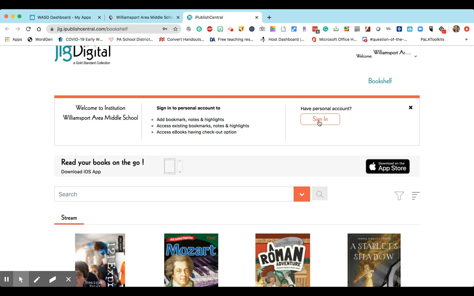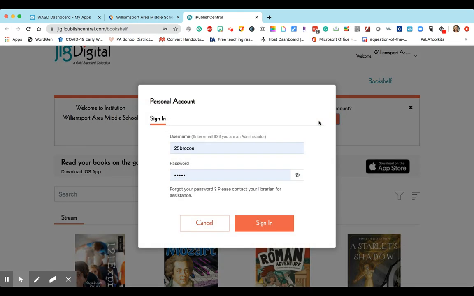You should log into your personal account, which is just using your network password that you use to log into the dashboard. You do not need the @WASD. If your personal account does not show up, let me know through Schoology, and I will make sure you get added. Once you're signed in,